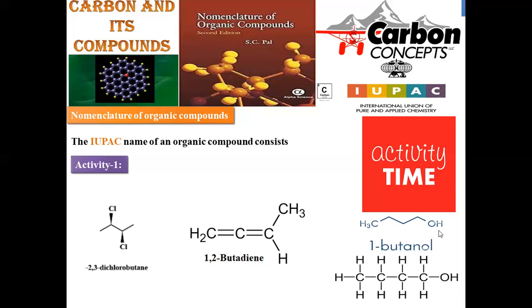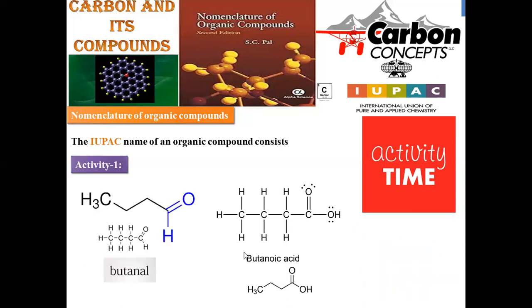And next is about hydroxy, where there are 4 carbons with 1 OH group. Where the OH is, we have to start numbering. So here 1, 2, 3, 4, 4 is the parental chain length, with the OH group on the terminal carbon, so the suffix will be "ol", and with no other double bond, triple bond or other functional group, it is butanol. And you have to mention the position of "ol", that is the first position. That's why it will become 1-butanol. The hydroxy group is always, in accordance with IUPAC, pronounced "ol", so 1-butanol is the name of the compound.